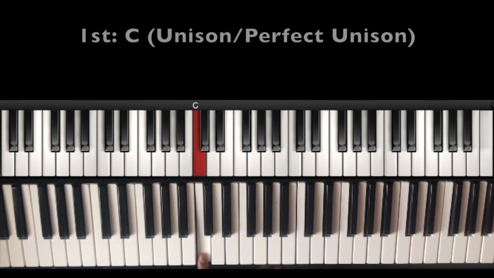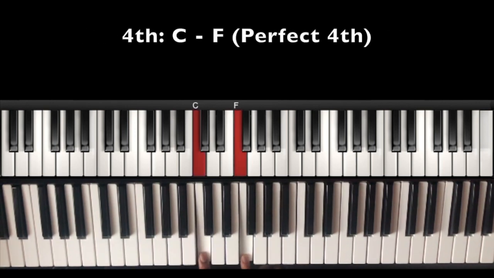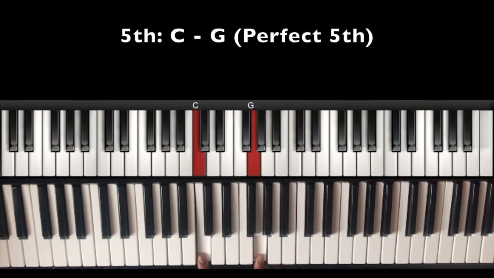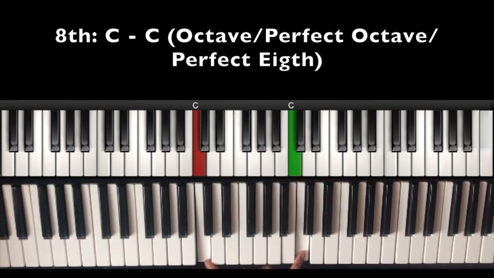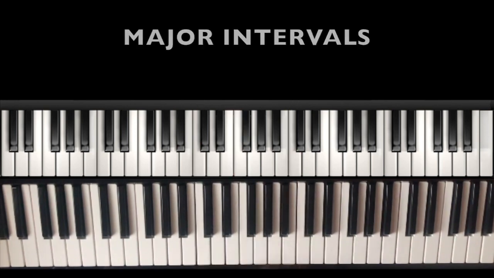Okay, so C by itself or unison is a perfect interval. Okay, and C and F, which is your fourth, is a perfect fourth interval. C and G, which is a fifth, is your perfect fifth interval. And the octave, or perfect octave or perfect eighth, is also a perfect interval. So these are the 4 perfect intervals, okay? Which leaves us with